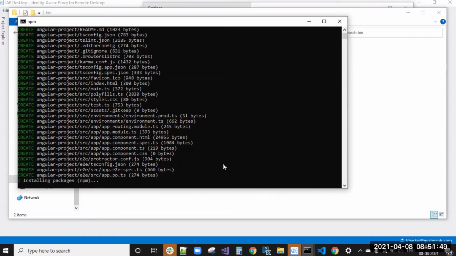It will take some time to run. What will this Angular CLI do? It will take packages from the npm package manager, or it will have built-in packages, like some animation packages.